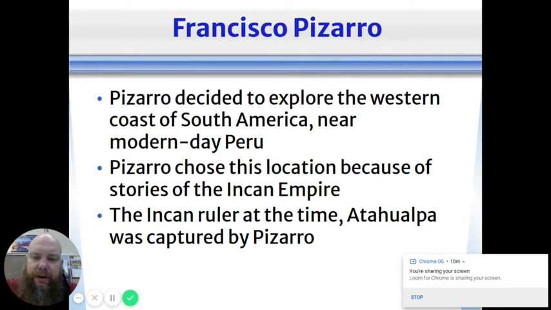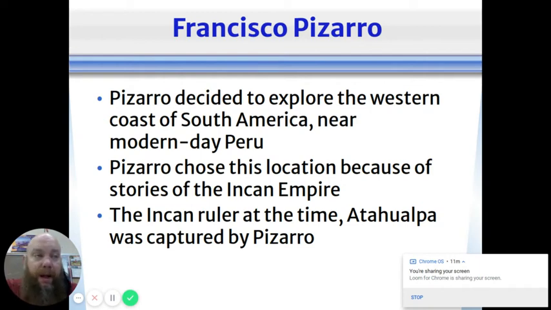But he had heard stories that they had cities and buildings literally made out of gold, entire buildings made just from solid gold, and the streets are made of gold, which sounds cool, but in reality, it's not practical. If you made your house out of solid gold, it would be like a giant oven, and people inside would probably just get up and leave once it got to about 125 degrees. But if they stayed much longer, they would cook to death. So yeah, the idea of a building made out of solid gold sounds like a cool idea, but in reality, it would be terrible. But the leader of the Incan Empire was captured by Pizarro.